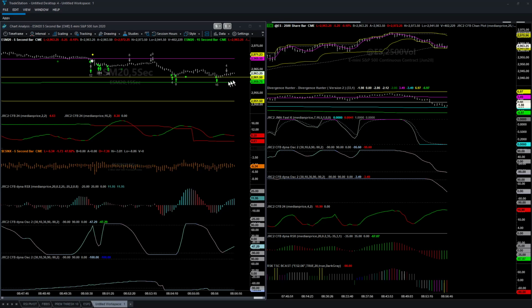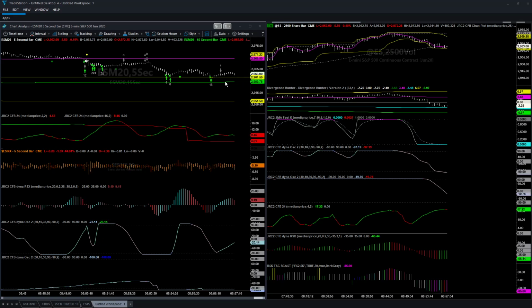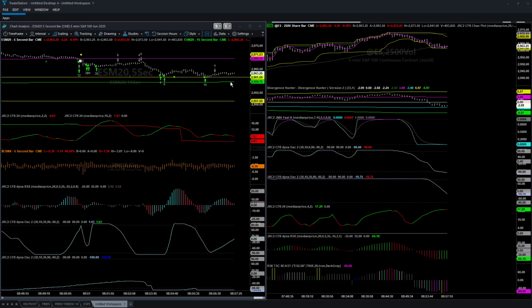Now this formation makes sense. Up, up. Haven't really started to climb yet here, but that's okay. This is more probable. This upper value area, however,